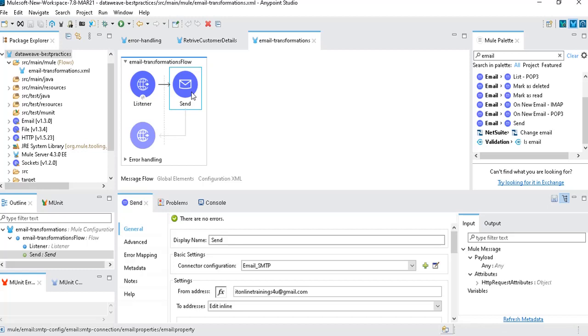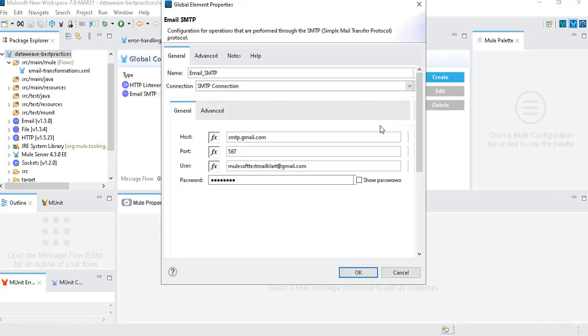You need to configure this global connector once. So I'll click on edit here. I'll show you what the properties are.